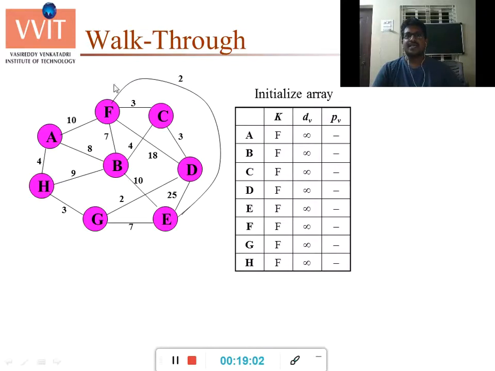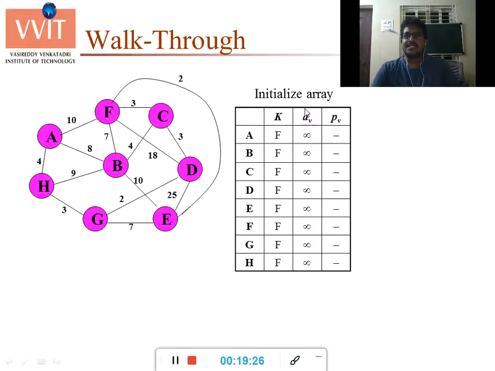Now let us take this graph for our walkthrough. We have to take a table with all the vertices, and here this K is nothing but the status, whether you have visited a node or not. If a node has been visited, we will mark it here with T. T means true, we have visited the node.